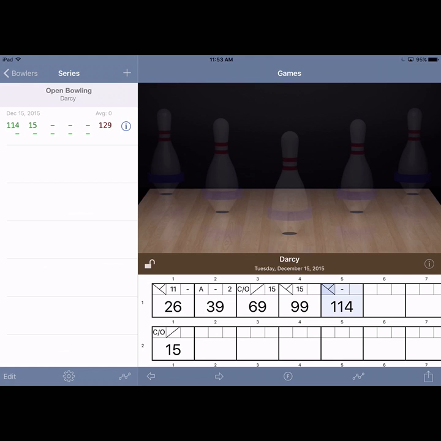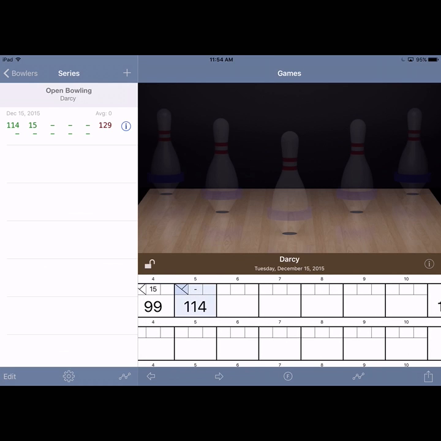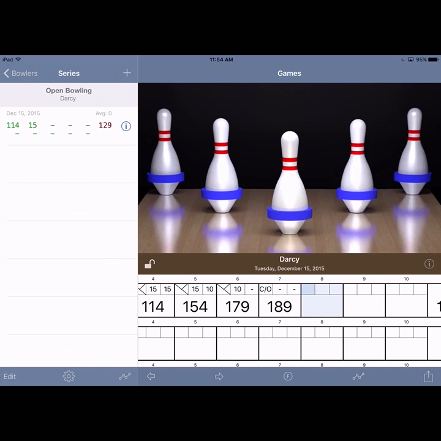Incomplete games, again, are not included in the average. So you can see over on the left where I've got December 15th today, the games that I've bowled, average is still 0 because none of the games are complete yet. If I continue to just go through here, and I'll just put in some values,